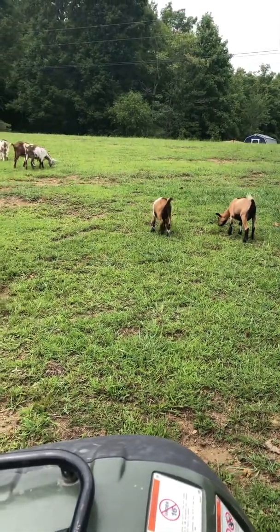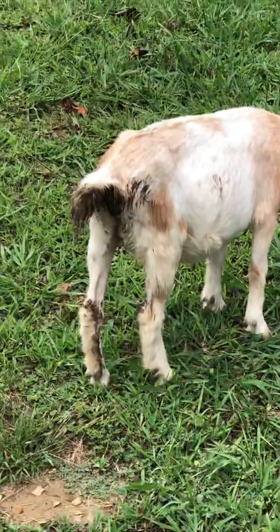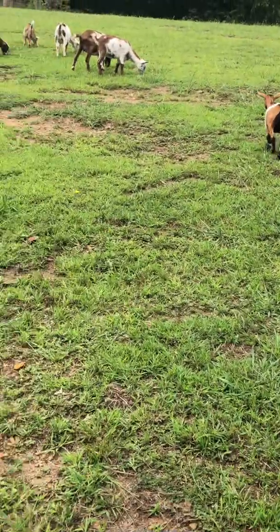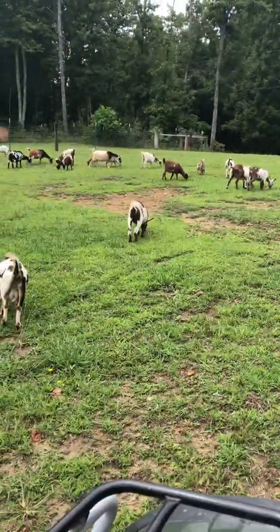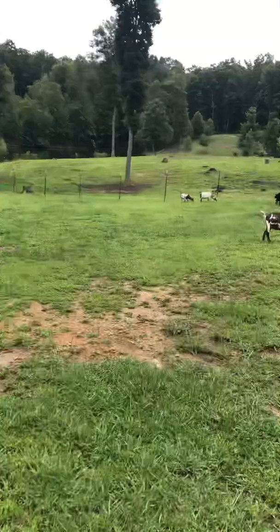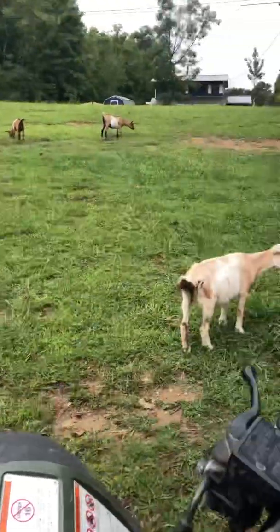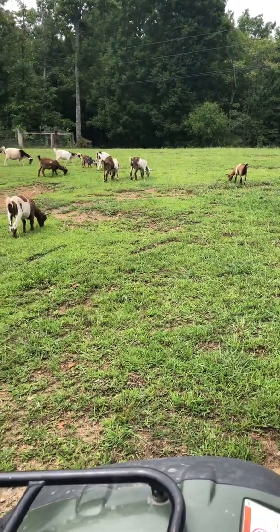One thing that immediately came to mind when you're watching your goats, if you don't know already, is to check and make sure that they do not have scours. This particular goat is a little bit sickly. We still love her, but she's going to have some scours, and it's usually indicative of a couple of things: the goat either has coccidiosis, or worms, and typically not tapeworm when it's that bad. So you're looking at some other kind of worm, barber pole, or some of these worms that have become resistant to